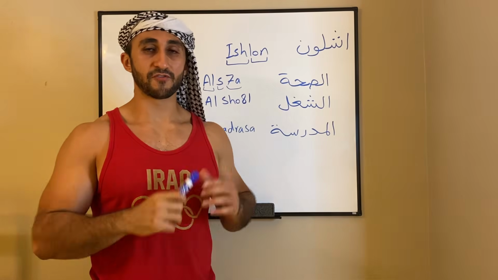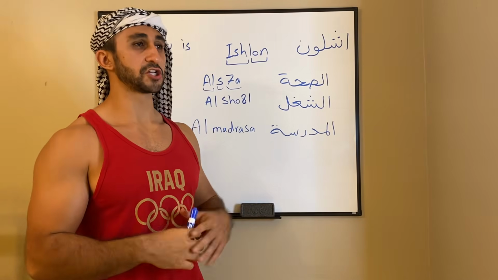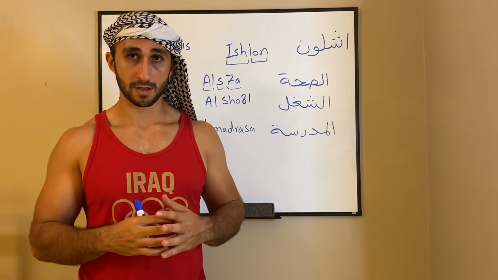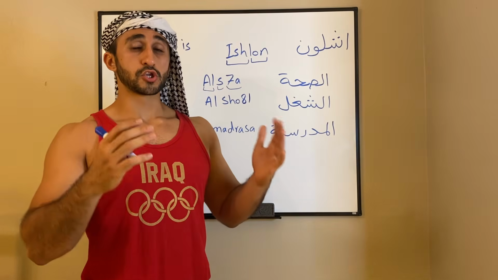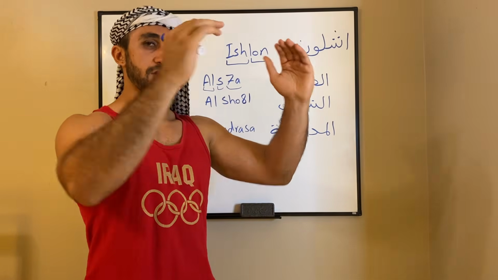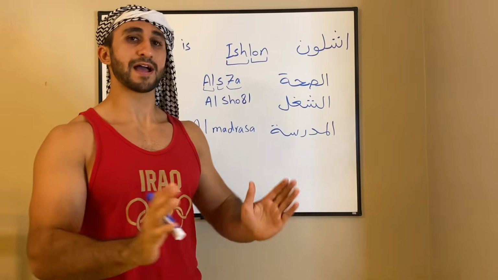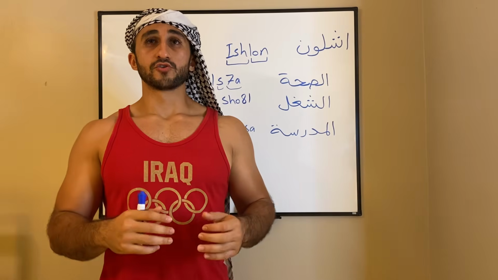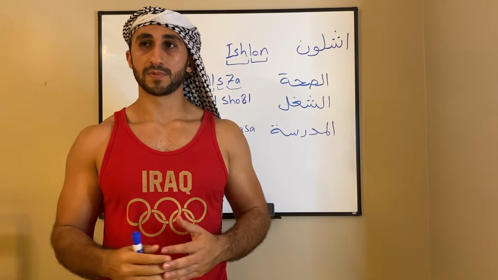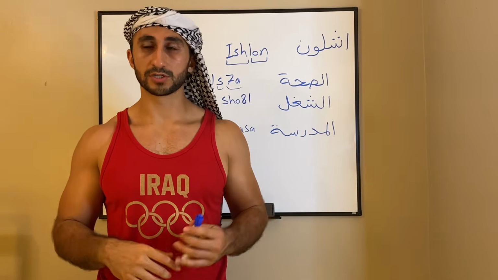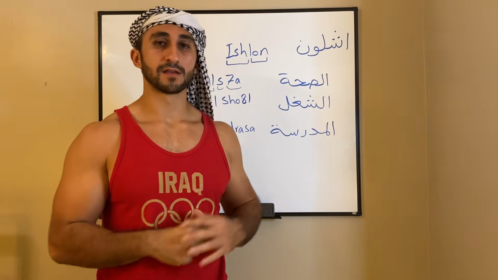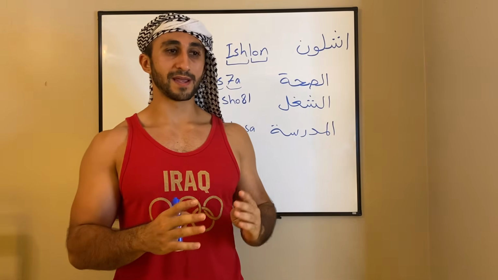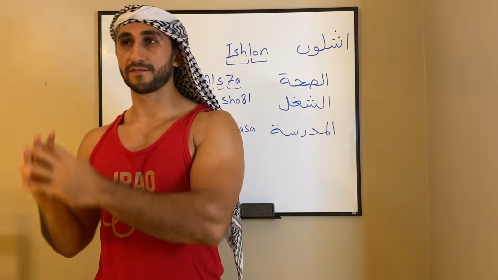Now, you could use that for male and female. You could speak to a male, Ishlon el-Sahha, or a female, Ishlon el-Sahha. Okay? Now, you could make it for a male and you could make it for a female, but for now, let's just keep it like that, because if you're speaking to a female, Jessica, for example, شلون الصحة Rami. If you repeat their name at the end, you could just leave it as is. You don't have to make it for male or for female.